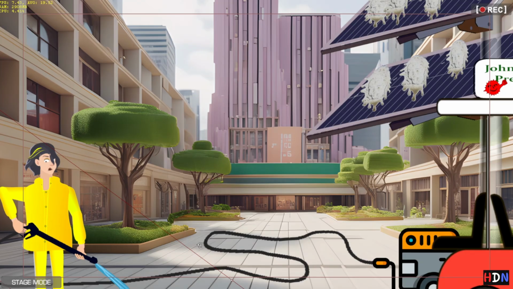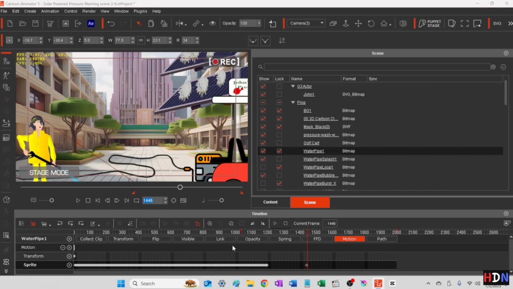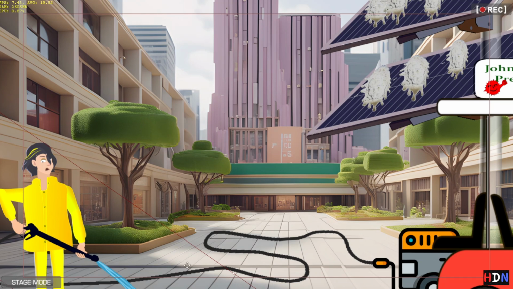But when I move it just outside of the line there, you'll see I get the little half circle, and that allows me to rotate the image here, the water stream image. So I'm doing a bit of both. I'm moving it and rotating it at the same time here. Here's the rotation, here's the drag. And so I try to keep it, I guess, like a bit of a curve as it comes out of the gun, but